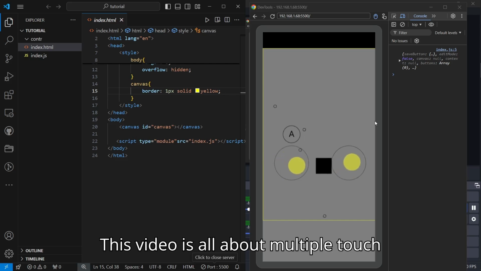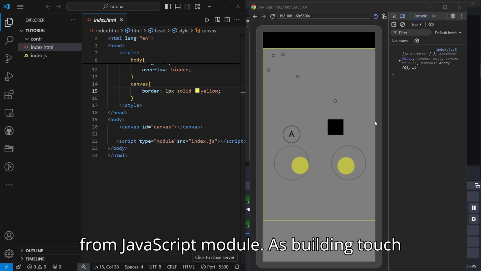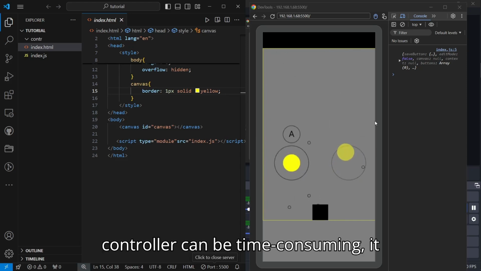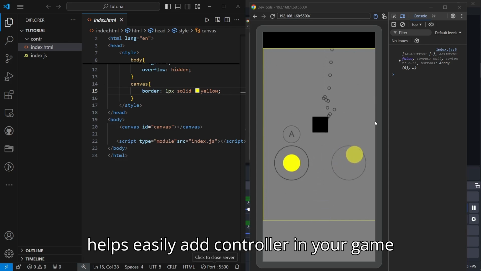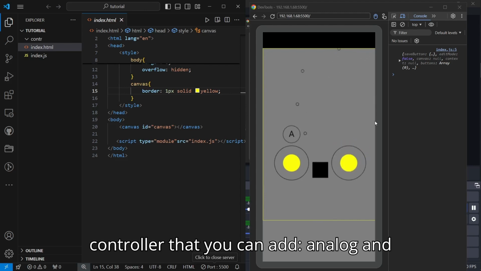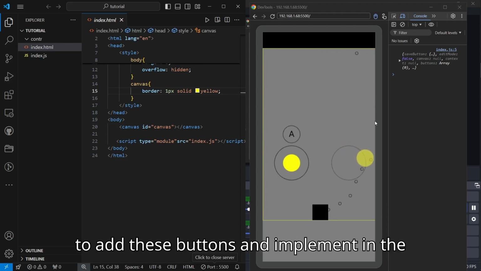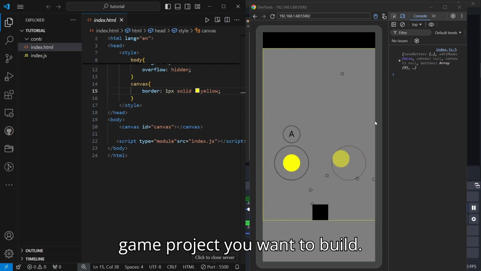This video is all about multiple touch controller, which can be easily inserted from JavaScript module. As building touch controller can be time-consuming, it helps easily add controller in your game project. There is basically two types of controller that you can add, analog and button type. I am going to show you how to add these buttons and implement in the game project you want to